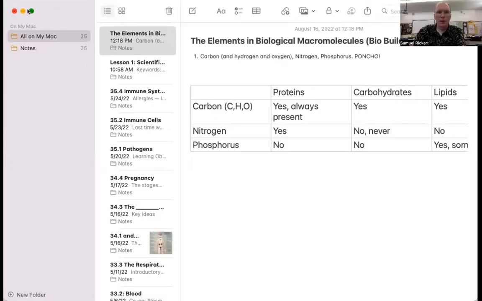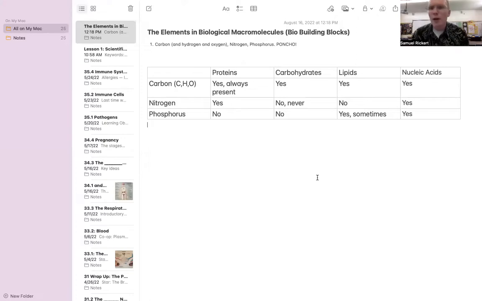So here's lesson 2, the elements involved in our BBBs, or basic biological macromolecules. Let's jump in. So when we talk about the BBBs, our biological building blocks, we're talking primarily about 4 different macromolecules. These macromolecules essentially make up all of life. We have other minor nutrients or micromolecules or other things floating around. But in terms of the things that we need in each and every cell, we're going to talk mainly about